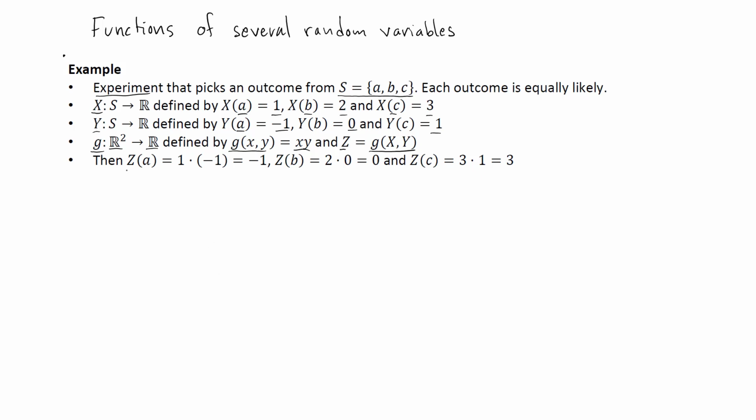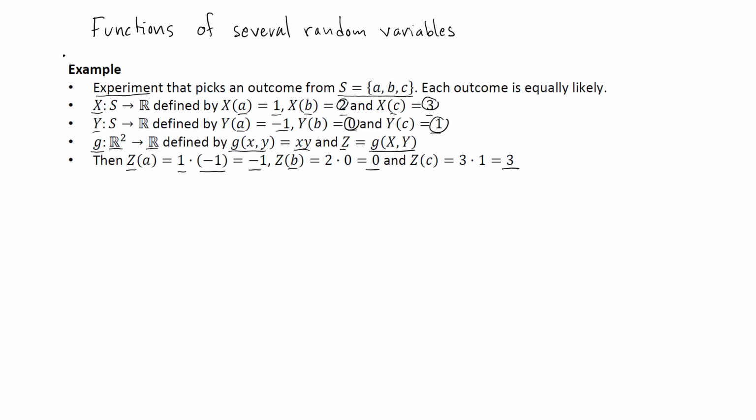So our new random variable Z will map A to 1 times -1 because we have defined the function G as the product of X and Y. So Z will map A to -1. In the same way, it'll map B to 2 times 0, which is 0, and it will map C to 3 times